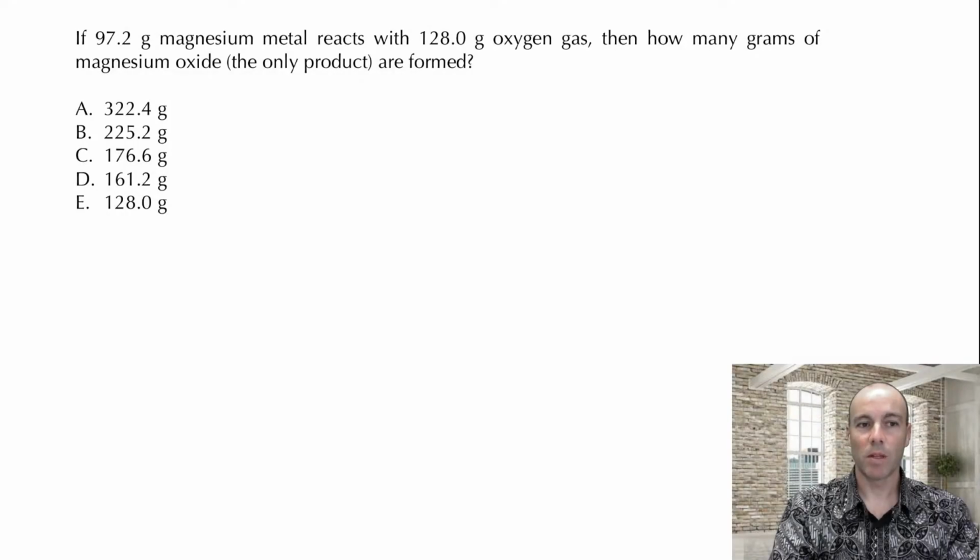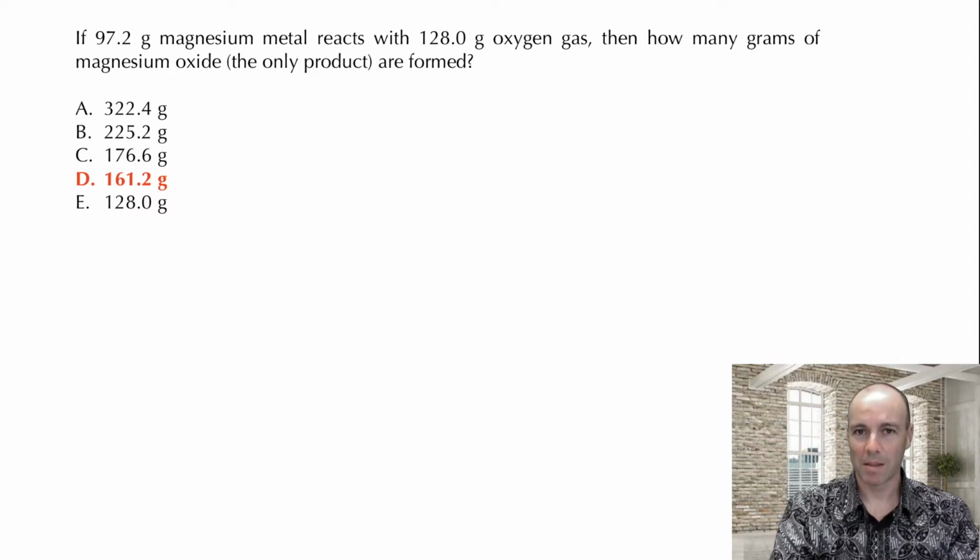If 97.2 grams of magnesium metal reacts with 128.0 grams of oxygen gas, then how many grams of magnesium oxide, the only product, are formed? And the answer is D, 161.2 grams. When you read this question, you might think that the answer should be the product would weigh